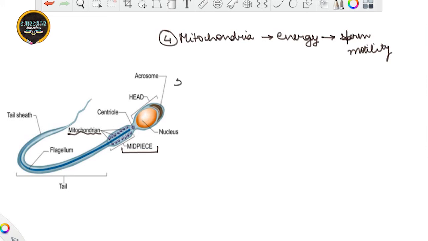Now the fifth portion is obviously the tail part, and as it is very clear from the figure, the tail contains this flagellum and the tail sheath, and the ultimate aim of this tail is the motility of the sperm, because it already contains the locomotory structure, that is this flagellum. We all know that the flagellum is the locomotory organ in an organism. So this is how this flagellum is connected. Within this flagellum portion, this line is to be omitted. I have drawn a line by mistake due to the digitized pen going here and there. So this is how we go with the structure.